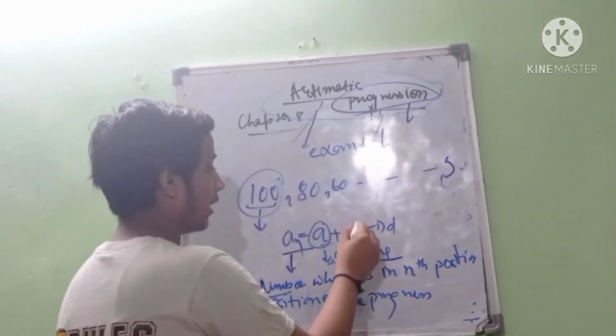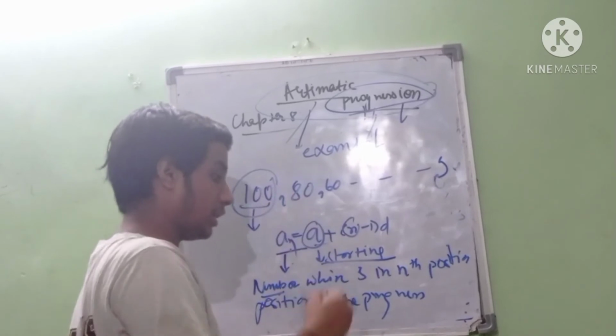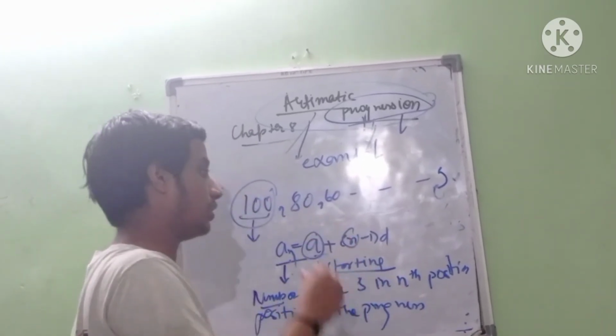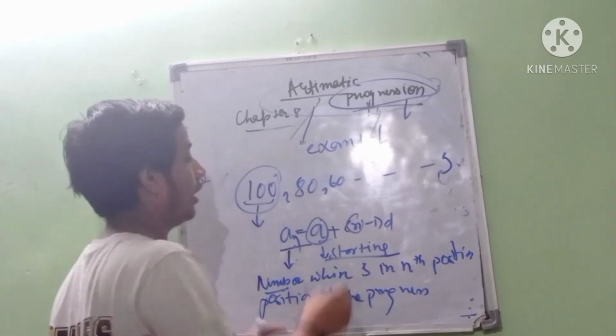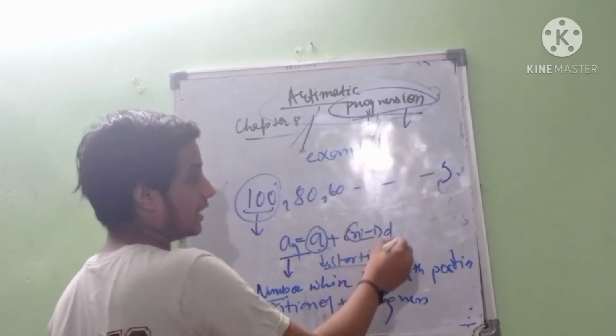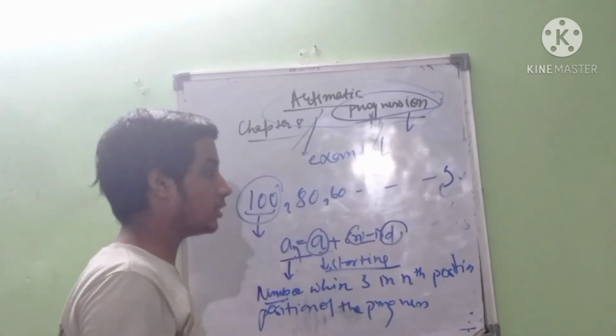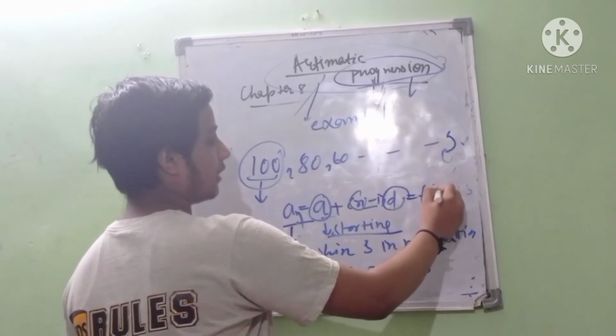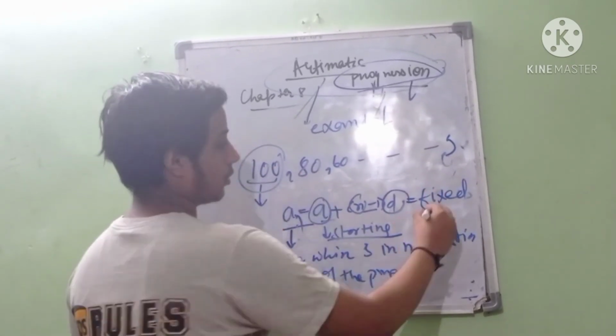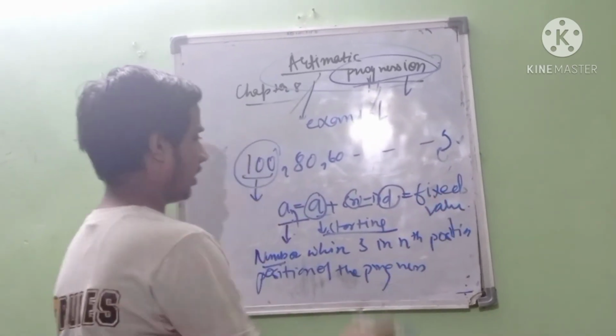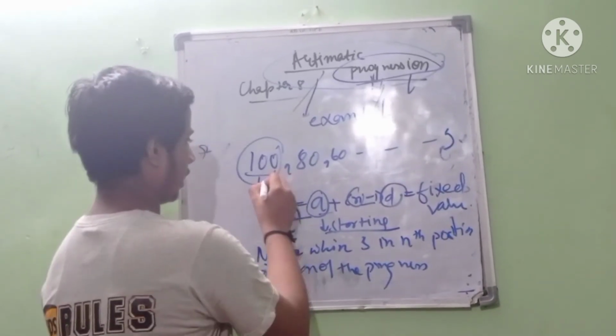Here it is 100. n means the term which you have to find, the nth term that you have to find, and we have to subtract 1 from it. And d is the common difference, or it is also known as the fixed value that we have derived in the last video, in the last lecture. That is, the fixed value you will find from here is